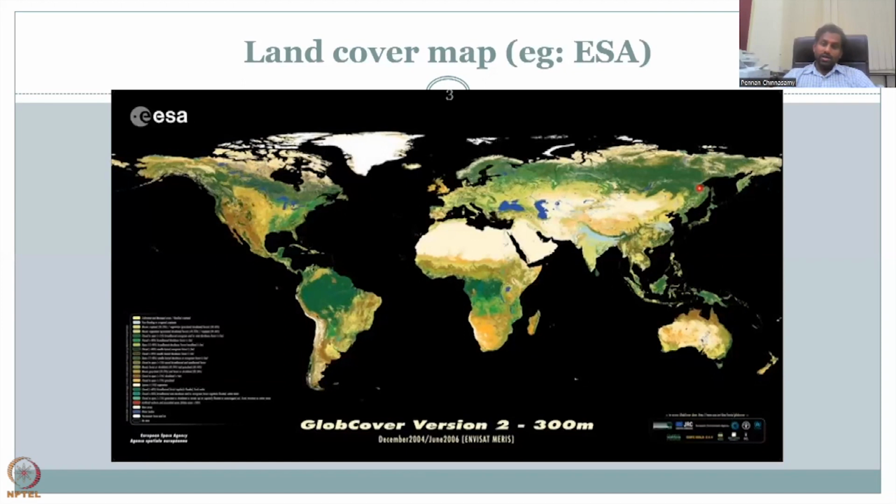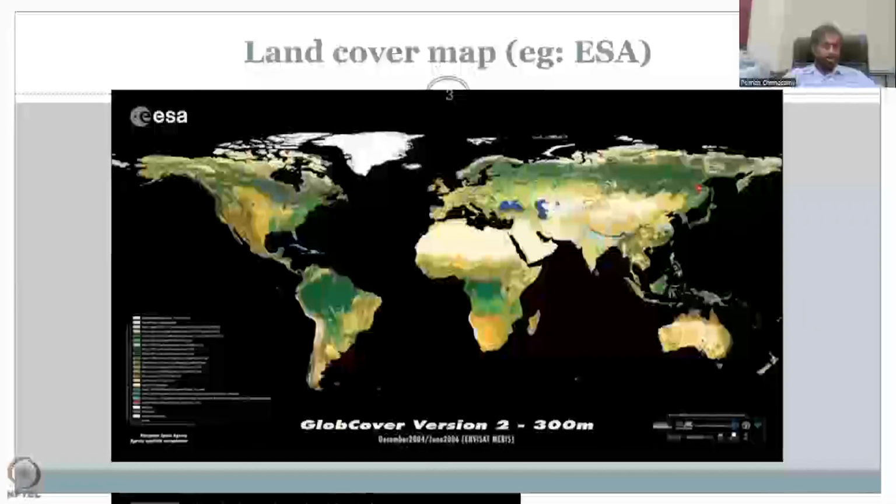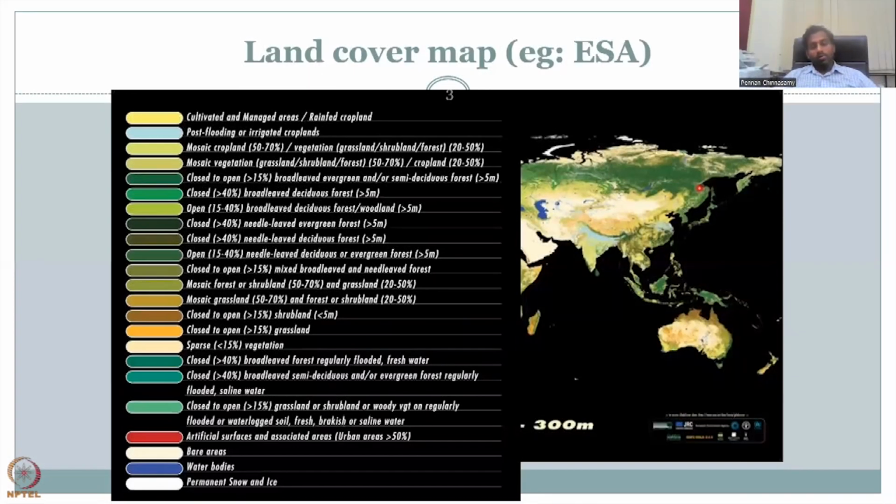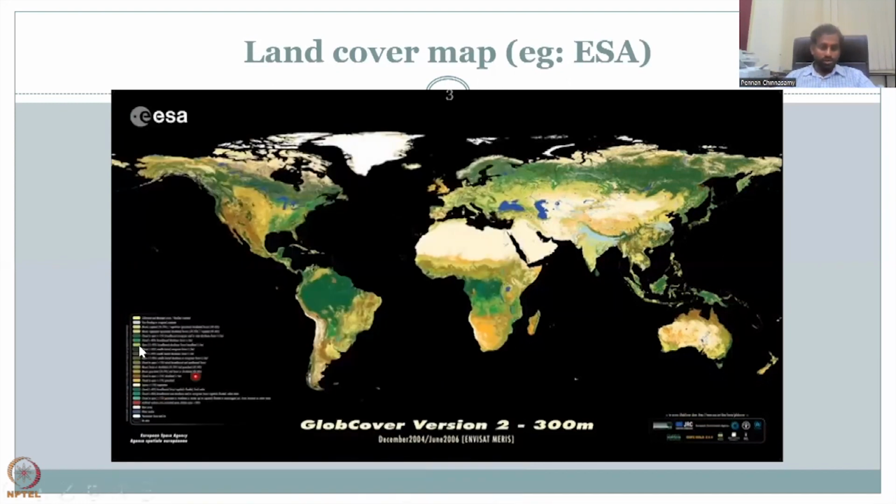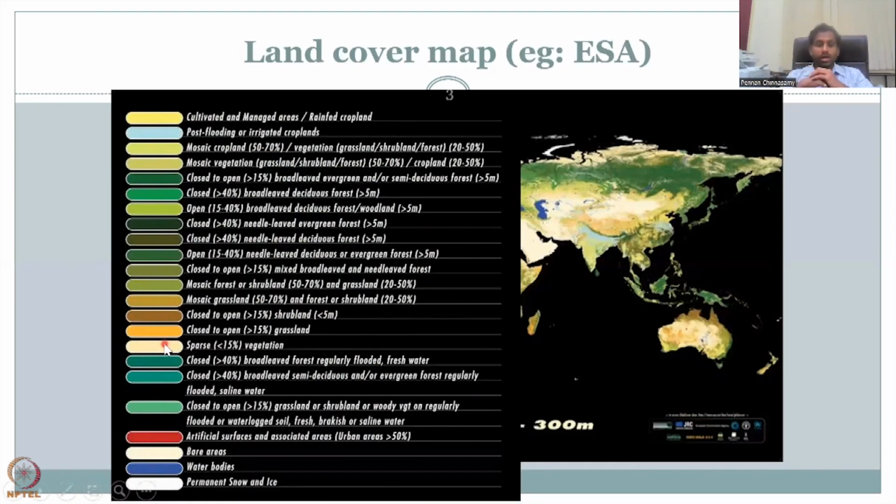You could see that the land has been colored based on the type. Here we look at multiple coloring that has been used. This I'm just zooming in this region for you to see, and you could see that a lot of cultivated and managed areas, rain-fed areas are orange in color, and the dark greens are more the